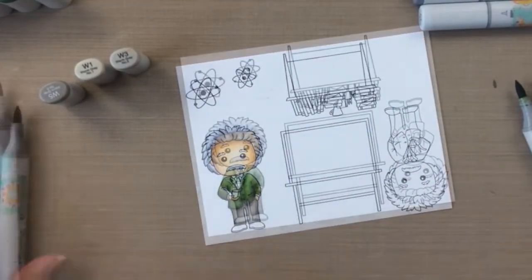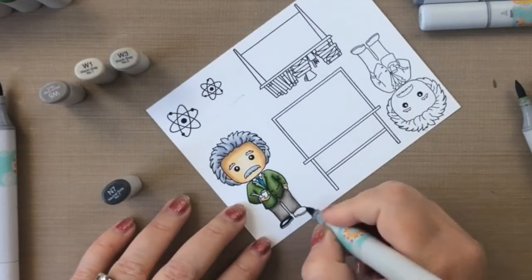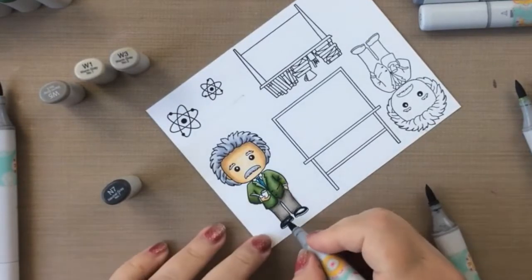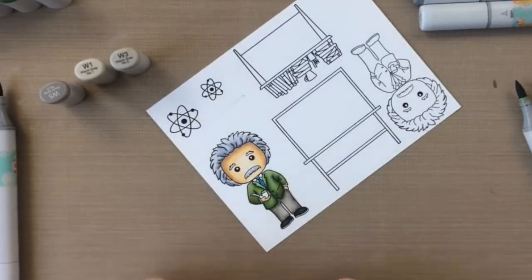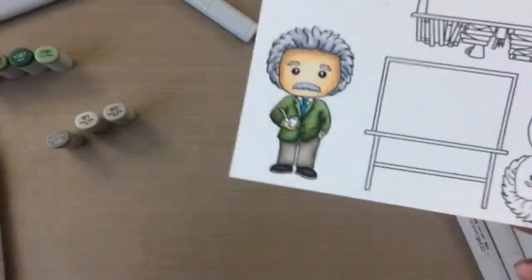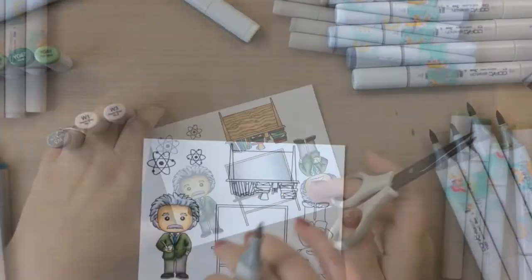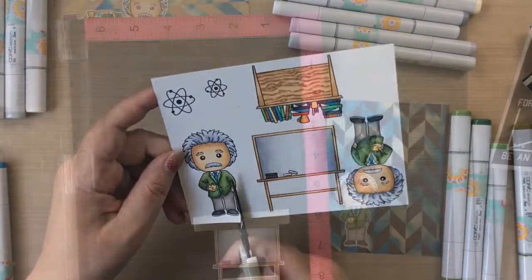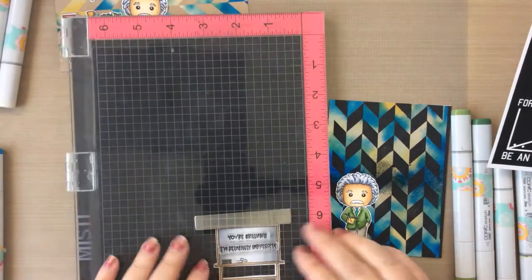To finish off his shoes, I'm using neutral grays in N7 and N5 to give him some black shoes, and that's just all there is to color up this Einstein. I also gave him a blue tie, and there's a closer look at Einstein. I think he's going to look great with that background. I ended up coloring all the rest of these off screen. I didn't think you wanted to watch me color everything, so I colored them and then fussy cut them out,